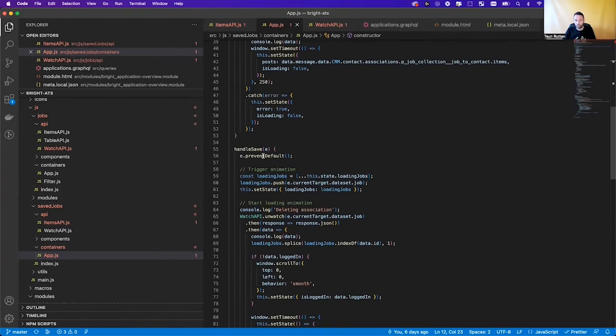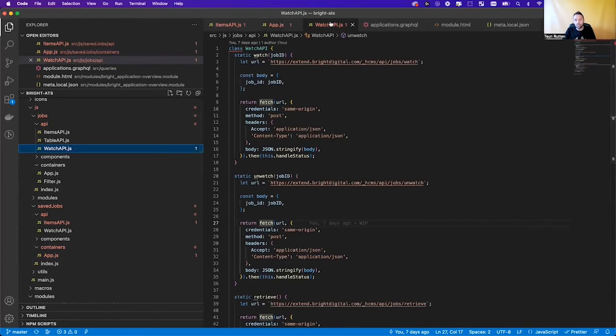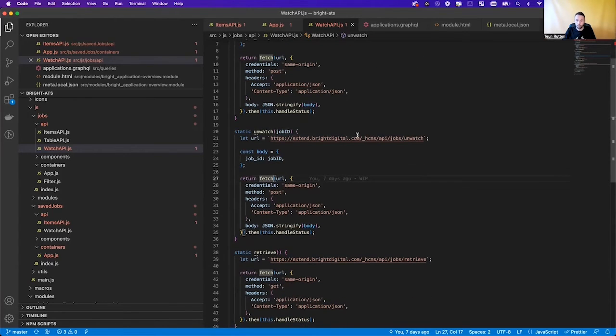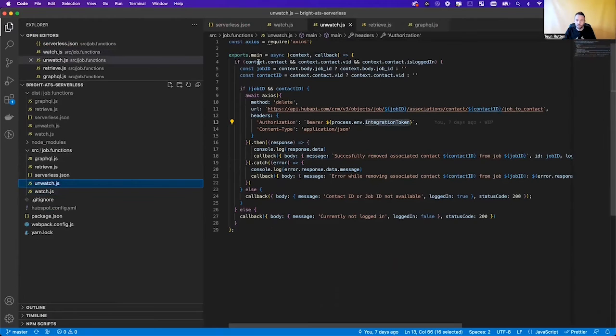The handle save function then calls the watch API, I need this one, to either create an association by calling my serverless endpoint called watch, or to delete an association by calling my serverless endpoint called unwatch. If we go back to my serverless functions, you can see that I also have an endpoint available to unwatch a specific job. And this is going to delete the association that currently is available between the contact and the